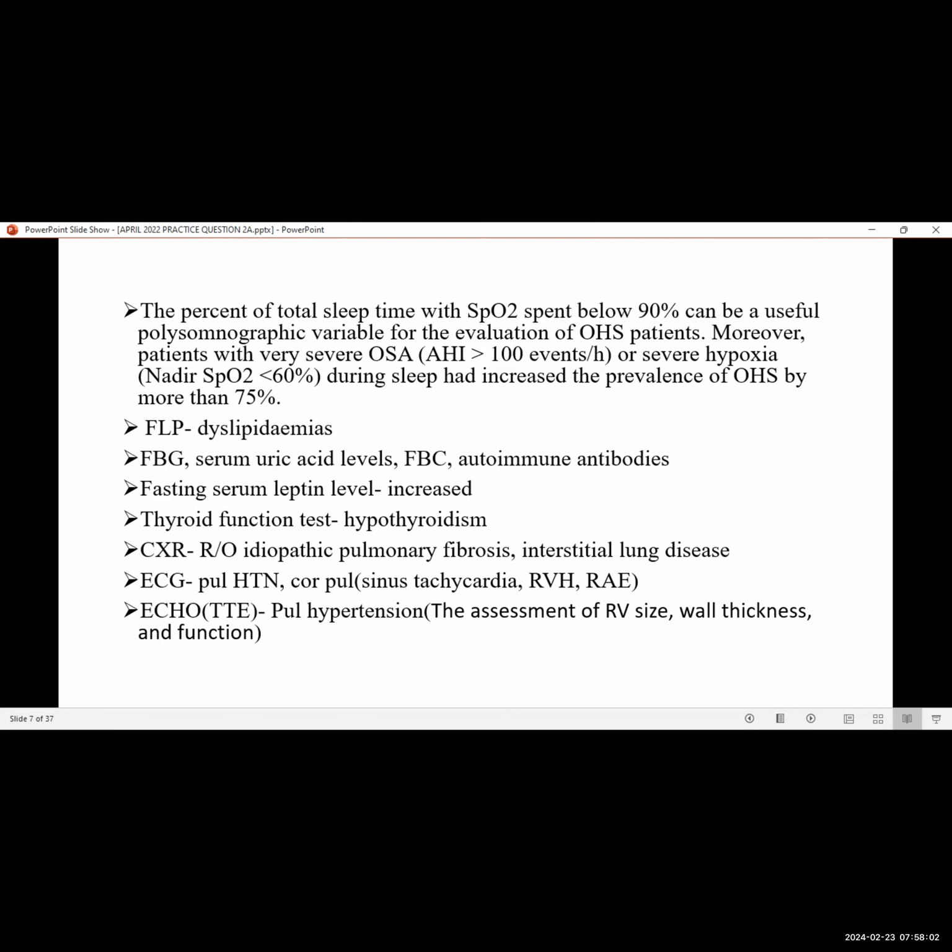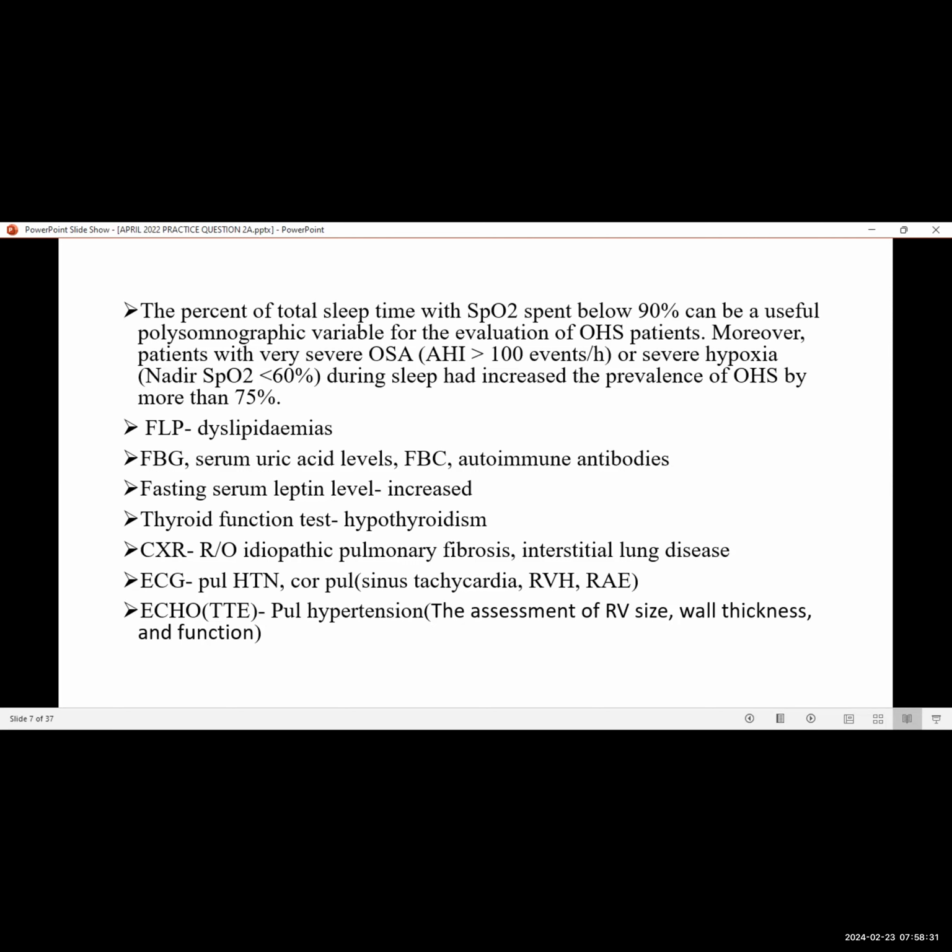Thyroid function test, hypothyroidism. I will also exclude hypothyroidism in a patient with exertional dyspnea, to ensure that it's not due to hypothyroidism. So thyroid function test to rule out hypothyroidism. I'll do a chest X-ray to rule out idiopathic pulmonary fibrosis and other interstitial lung disease. I will do an ECG to rule out